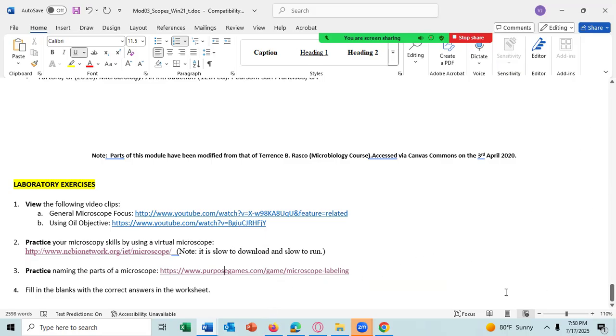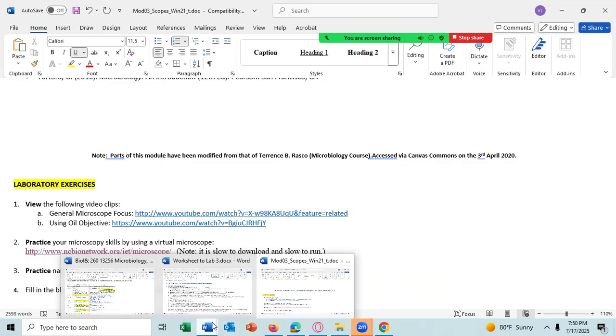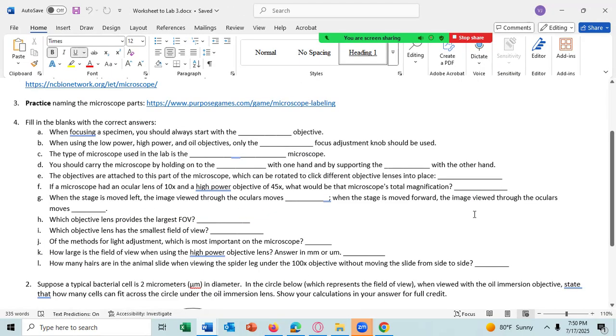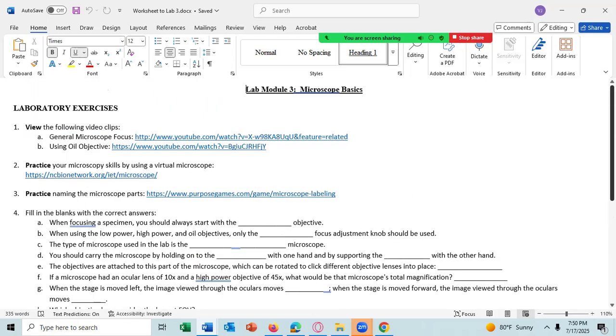All right, and then fill in the answers in the worksheet. So let's go to the worksheet. It also has the general focusing link and the using oil link and the link to the virtual microscope and the naming the parts of the microscope in the worksheet.